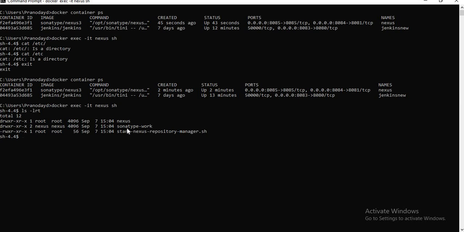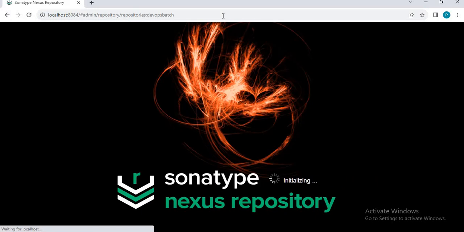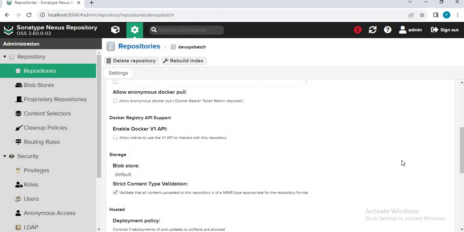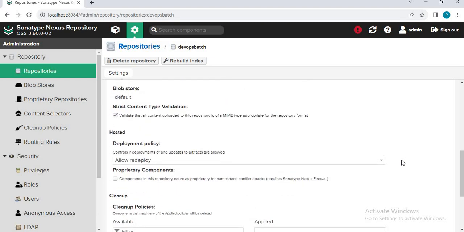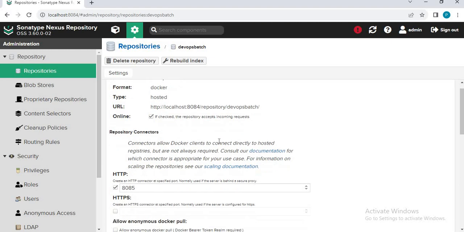Now let's come out. Now I have got my repository created. Just a second. Yeah, I have got the repository here,